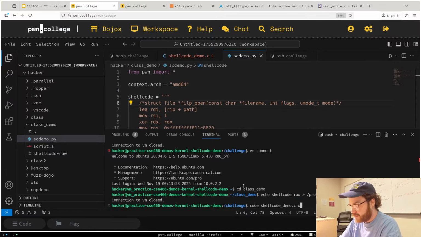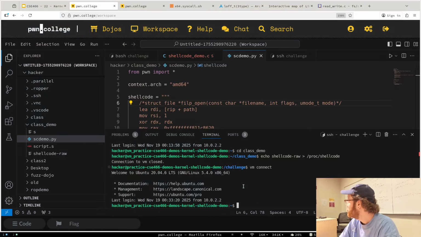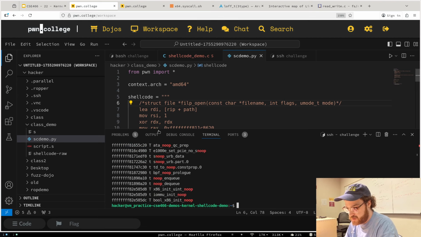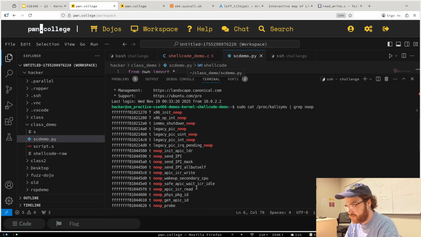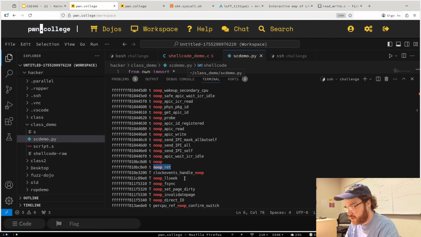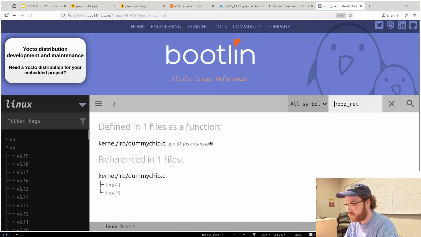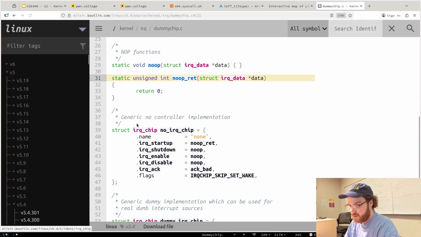So for example, let's get back in the VM. So let's cat proc kallsyms. And it turns out there's a lot of functions that have the word nop in them, to the point where there's literally a function called nop ret. And if we go and look at this function,